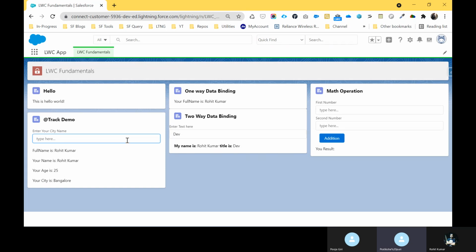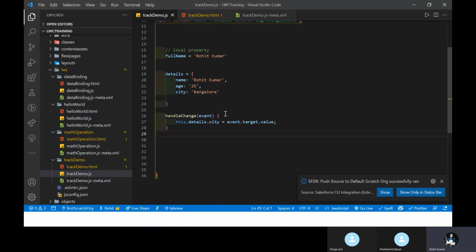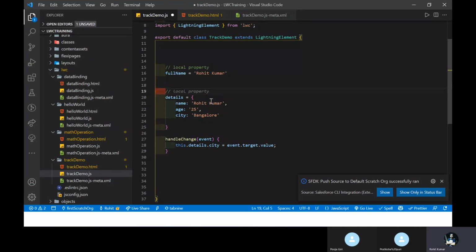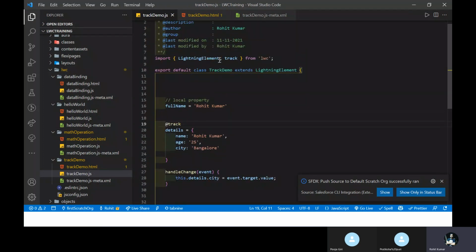Without trackable, we cannot access the object's value. So always remember, once you have some object or array, you cannot change and manipulate the data without the track decorator, right? So always use track here, like @track. Once you enter this, the track is automatically added.